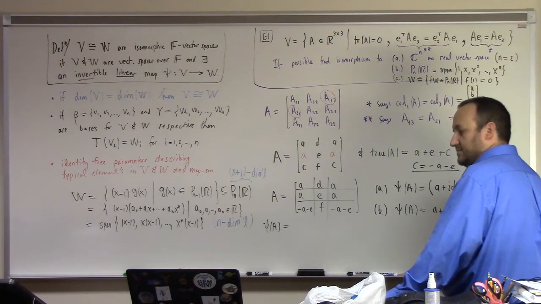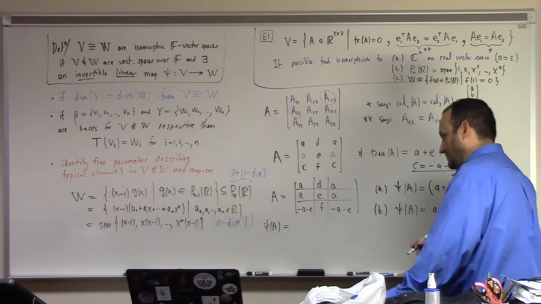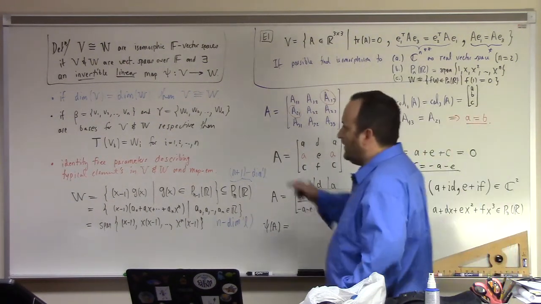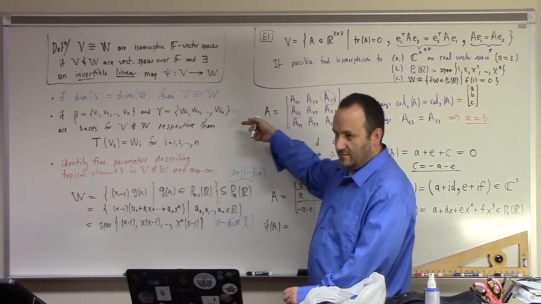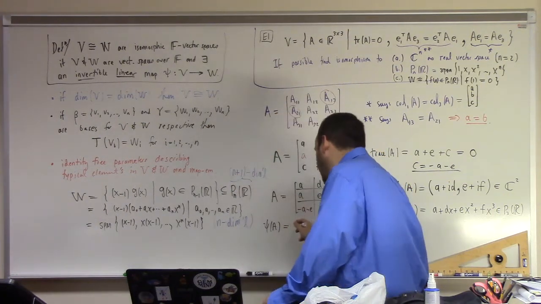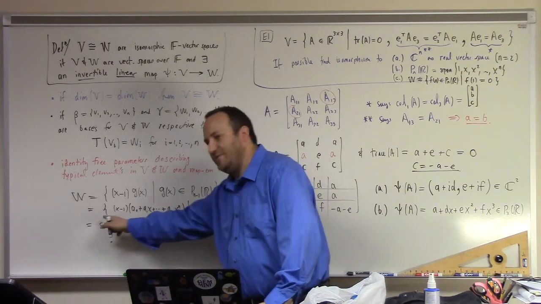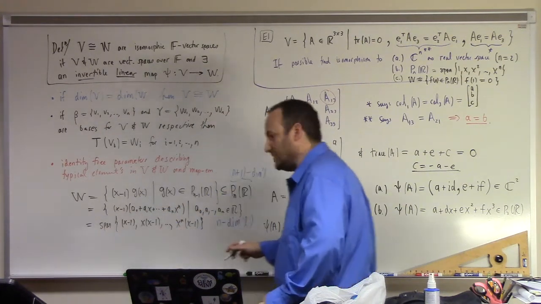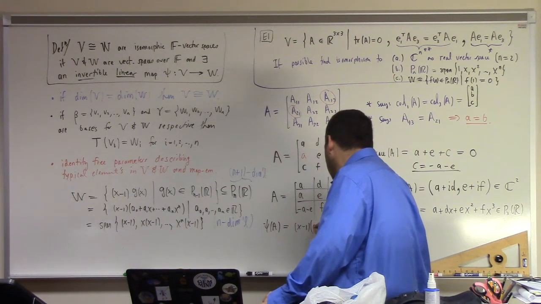So, if I use my second bullet point as a guide, essentially I try to map basis to basis, right? Maybe this is the better way to do it though. Think about this formulation of W, which is easier. So I would just let psi of A be x minus 1 times